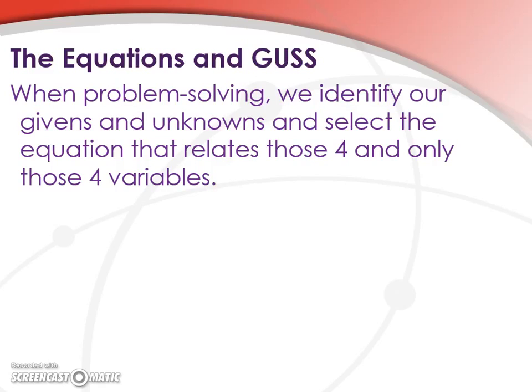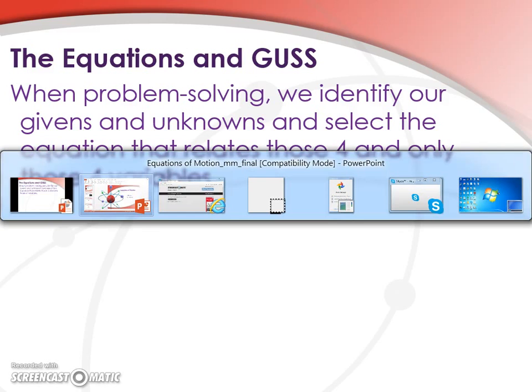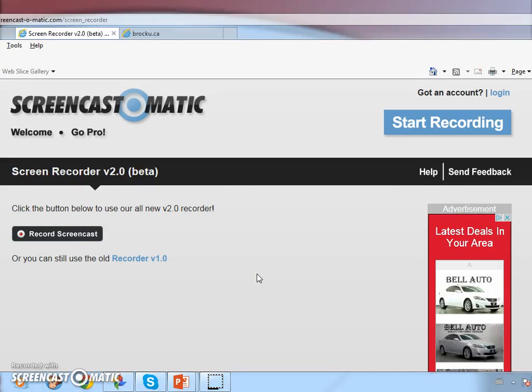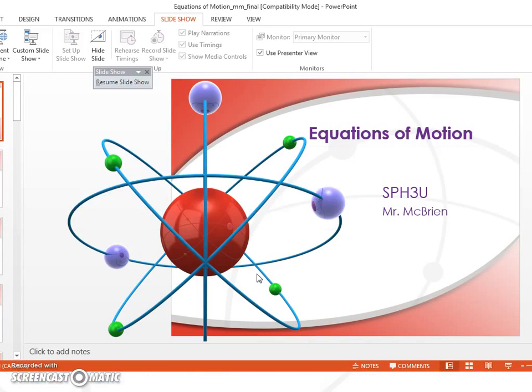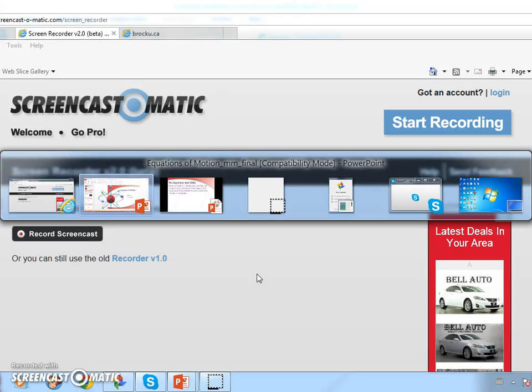Now, in any of these cases, really, this is simply a matter of identifying the givens and the unknowns and selecting the equation that relates those variables. So this is where you need to become best friends with your